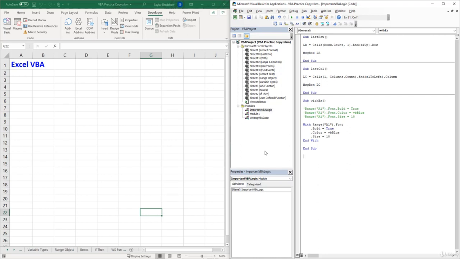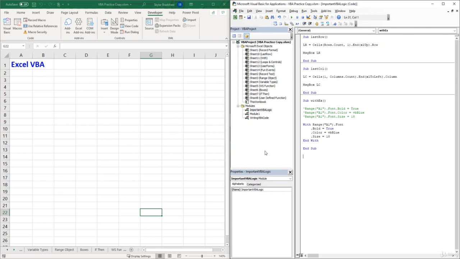So when you start writing VBA code, it is inevitable that you will run into errors. And Excel will give you some pop-up error notifications, but sometimes these notifications don't give you the best explanation as to why your code is breaking. So I want to take the time and give you some useful tips on how to debug your code, how to step through your code so you can have a better understanding how your code is performing,